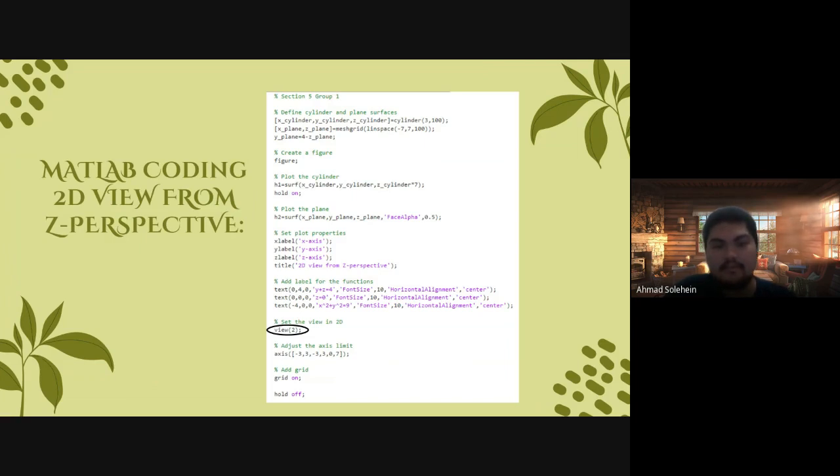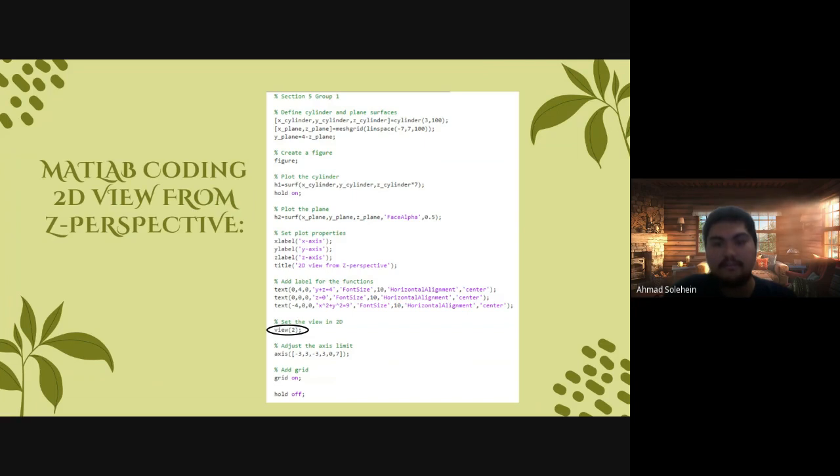Y plane equals 4 minus Z plane. To create a figure, plot the cylinder: h1 equals surf X cylinder, Y cylinder, Z cylinder times 7, hold on, and then to plot the plane, h2 equals surf X plane, Y plane, Z plane, face alpha